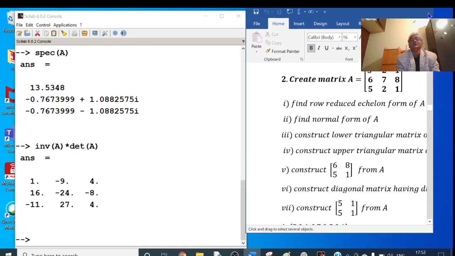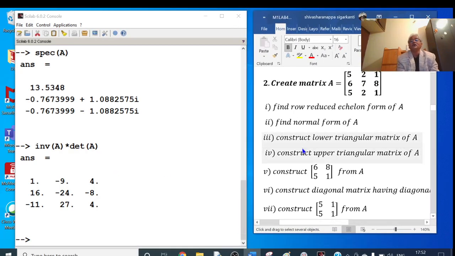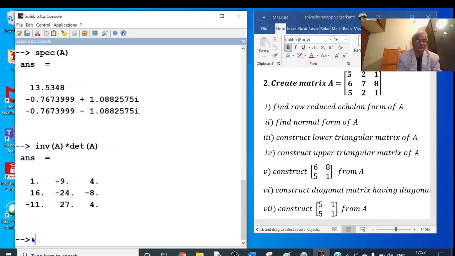For that, first I will create the matrix A equal to first row 5 2 1 semicolon 6 7 8 semicolon 5 2 1, square bracket close.